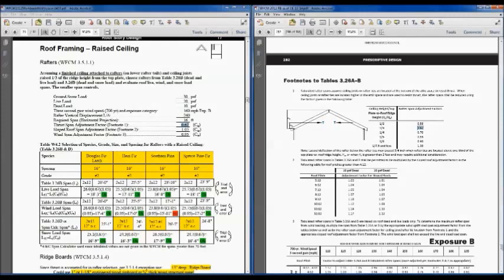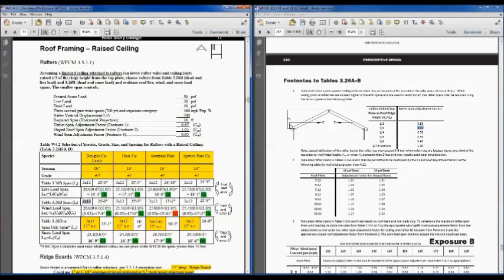And so that penalty shows up back in the workbook on page 17, table W 4.2. It shows up here for the live load span, here for the wind load span, and here for the snow load span. All of those account for that increased moment. Again, this is a trial and error process, so we go into those tables, and we actually have to check 26 foot roof spans because it's going to get reduced by this 2/3 adjustment back down to 18 feet. So we end up with 2x12s in that system at 16 inches on center for the live load span,